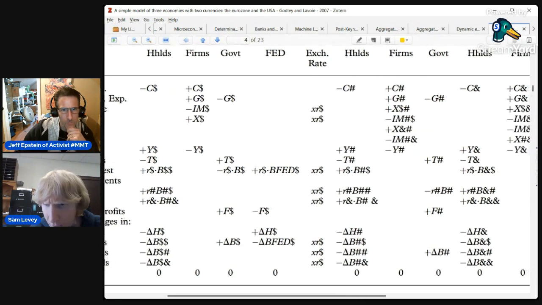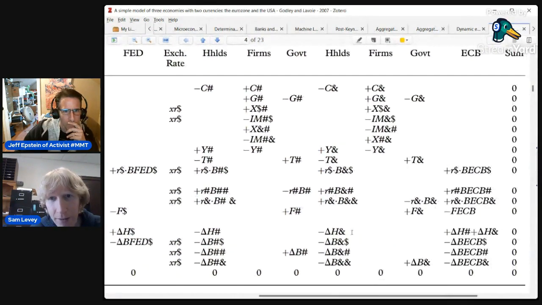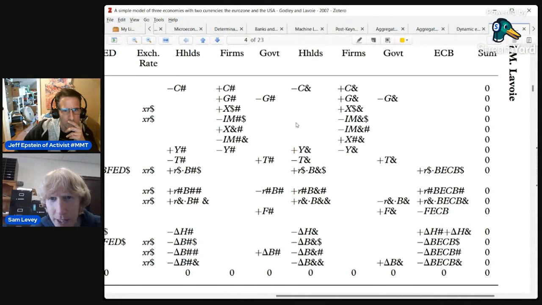And then a lot of it just repeats because we have households, firms, governments, and central bank in the other countries, right? So here is households in the pound country, and they consume, they earn income, they pay taxes, they earn some interest. They can hold bills from each of the three countries, so they can earn interest from all those. And then here's the changes in the assets for these households.